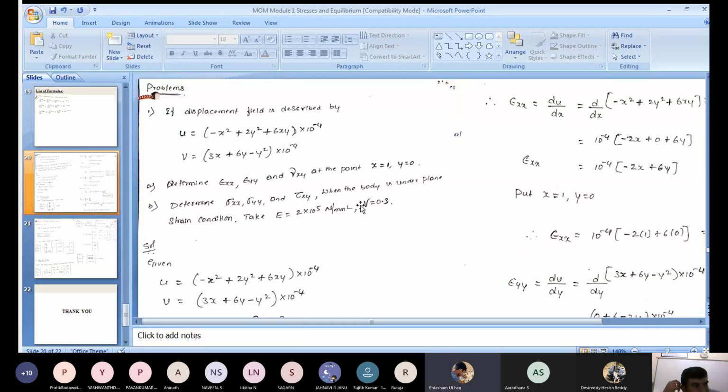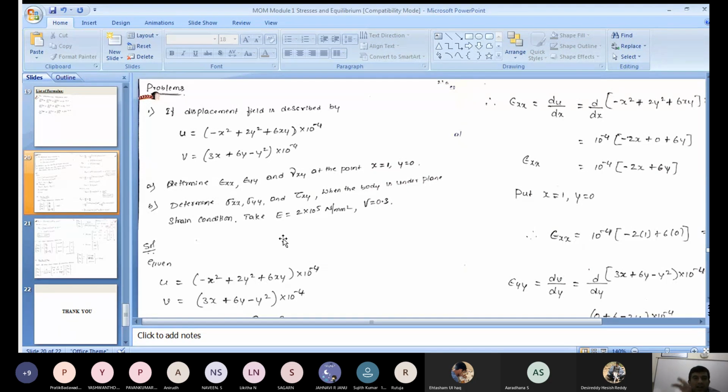Yes, steel. Which type of steel? Mild steel. Don't just say steel. Steel means there are different types of steels: mild steel, stainless steel, high speed steel, low, medium, high carbon steels. Particularly, you should say when Young's modulus is 2 into 10 raised to the power of 5 Newton per mm square, then it is a mild steel or low carbon steel, right? And Poisson ratio is 0.3. It is an engineering material, right?